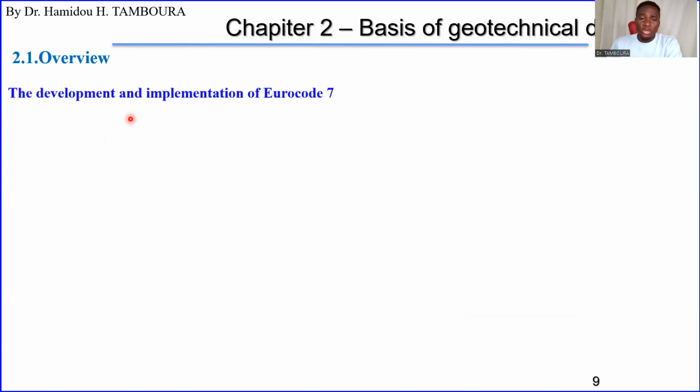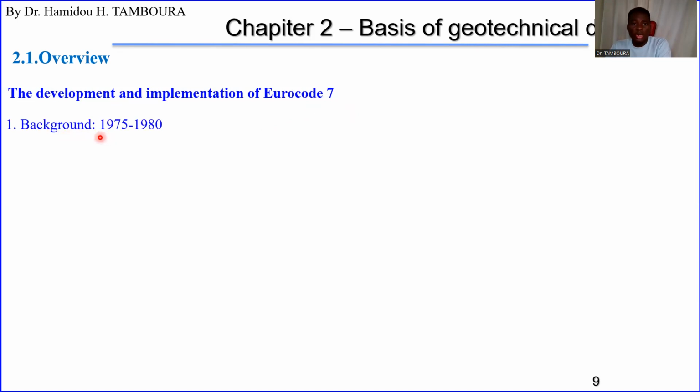So let's talk about just a small history about the development of this Eurocode 7. Not all Eurocodes, only Eurocode 7, only the geotechnical one. Development and implementation of this Eurocode 7. So